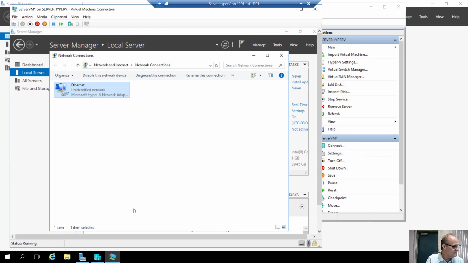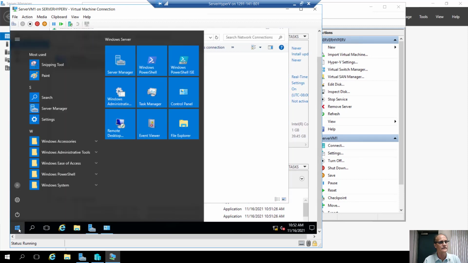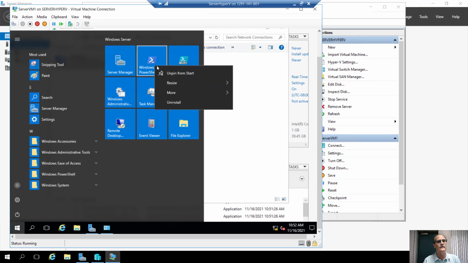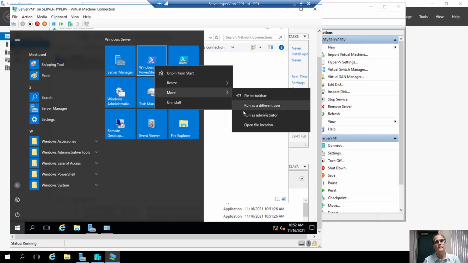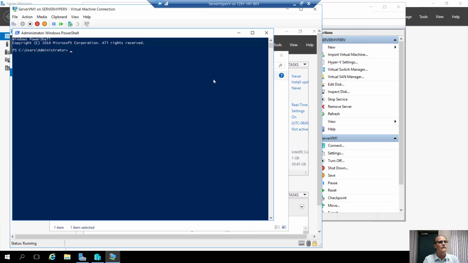I can see they want me to allow a firewall rule. Well, I can go to Tools, Windows Firewall with Advanced View, or I can simply just run a PowerShell command. So I'm going to go to Start. I'm going to right-click Windows PowerShell, say More, Run as Administrator. My PowerShell is up. I'm going to type the following: